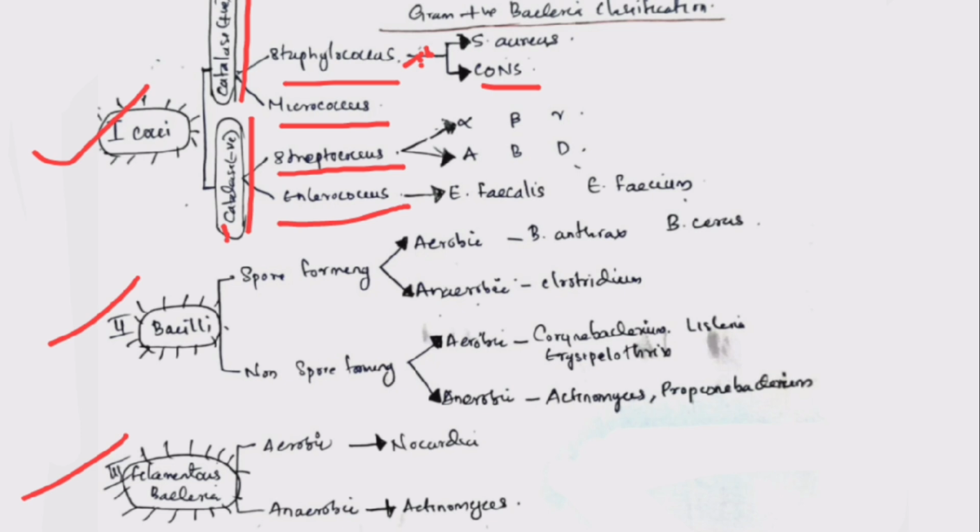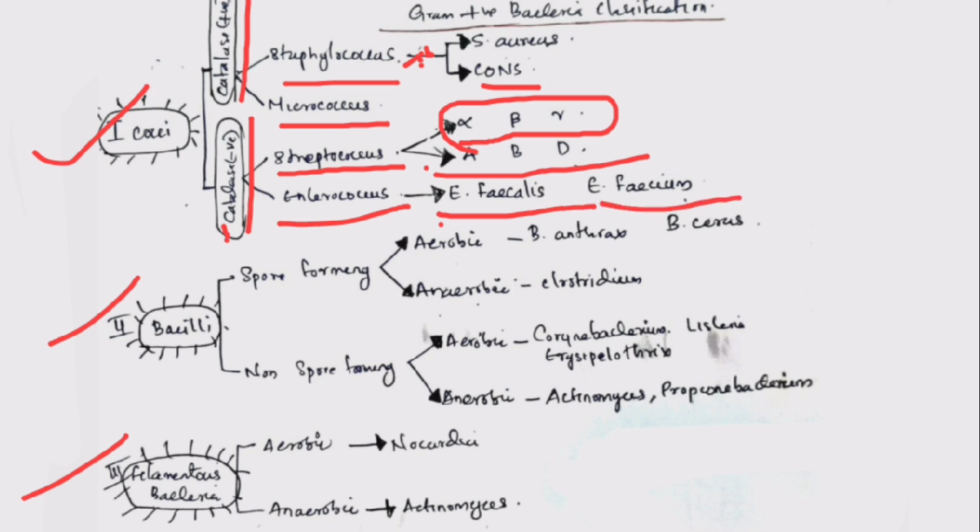Streptococcus itself has several classifications, for example, based on the type of hemolysis on blood agar, or based on the Lancefield grouping. We will discuss those details later. For now, I just want to give you an outline so that you get a clear overall picture of gram-positive bacteria. Once you have that big view, studying each group in detail will become much easier. Next is Enterococcus. Enterococci are again divided into species such as Enterococcus faecalis and Enterococcus faecium, which are clinically important. Okay, now we have completed Enterococcus.